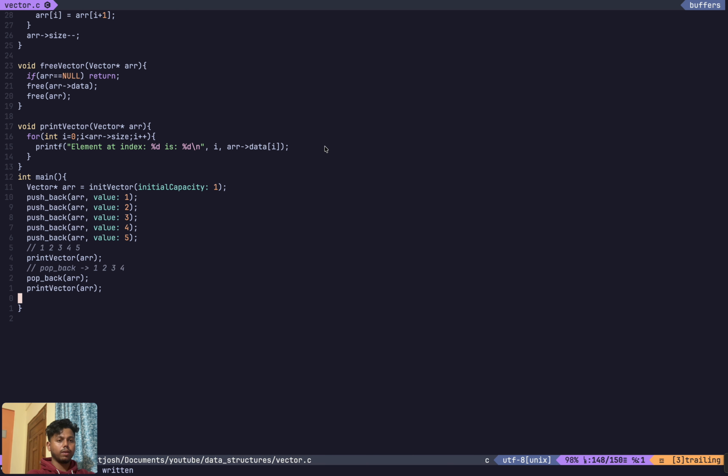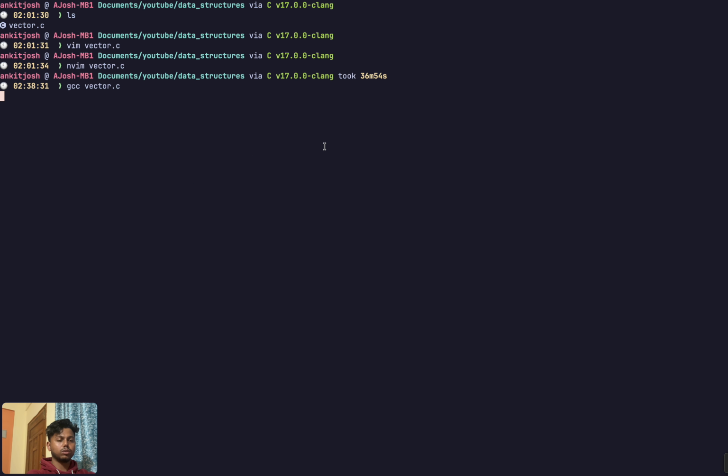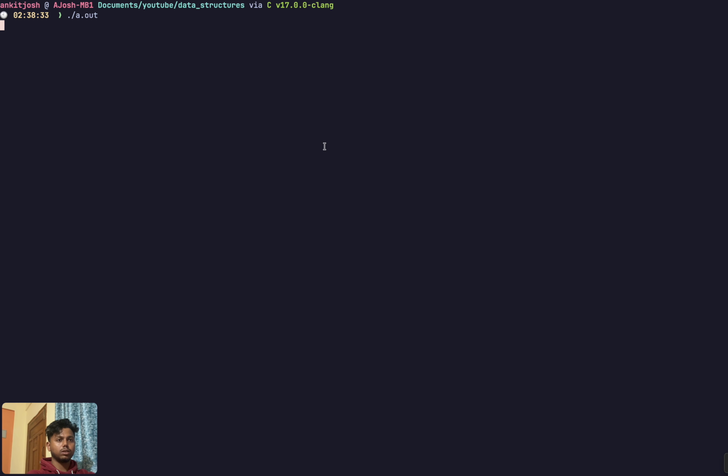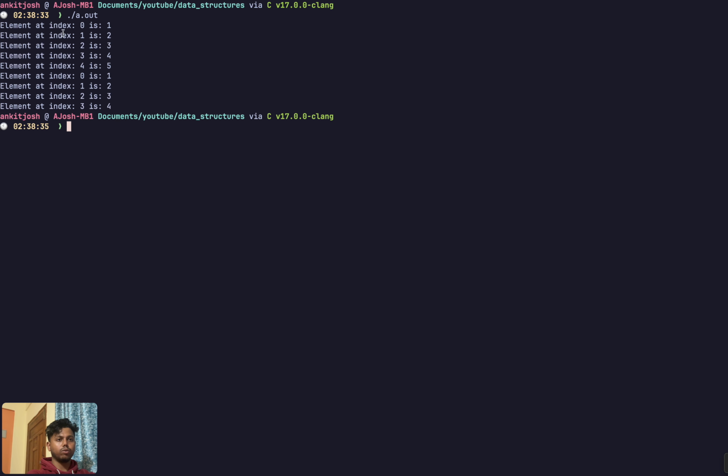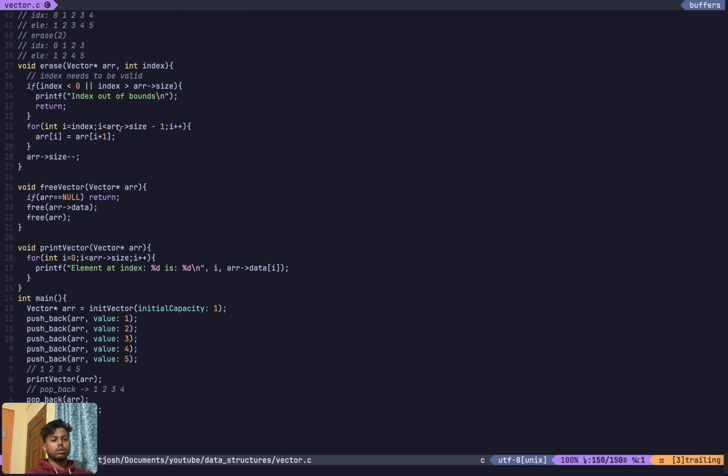And yeah, let's test this out once. So if we do this, we can see element at 0 is 1, 2, 3, 4, 5, and then we see element at 0 is 1, 2, 3, and 4. Great. Let us test the